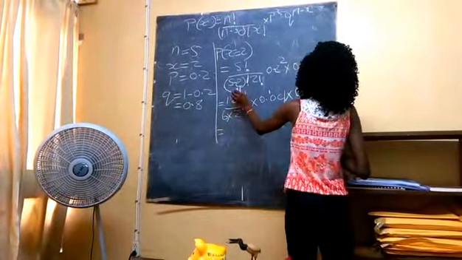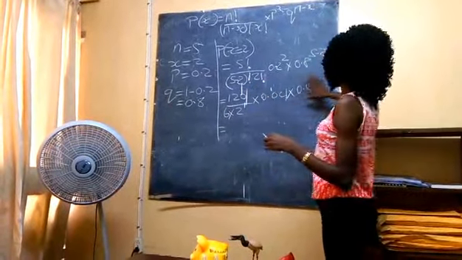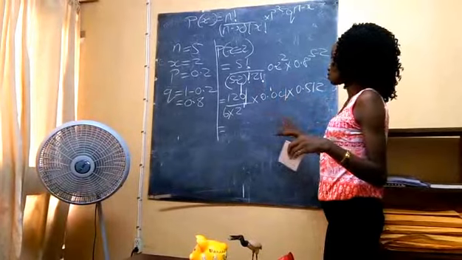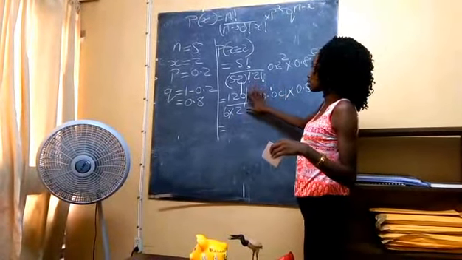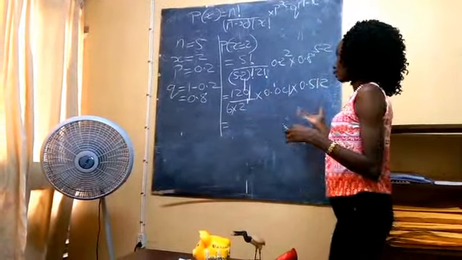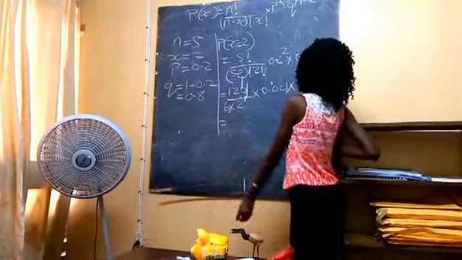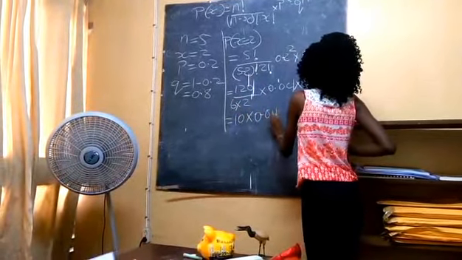Now, another thing to remember as well is you have to divide here before you multiply across. A lot of students make the mistake of multiplying across and then dividing. Then you work out the combination part of the formula first, and then you multiply across. So this is 120 divided by 12, which is 10, times 0.04 times